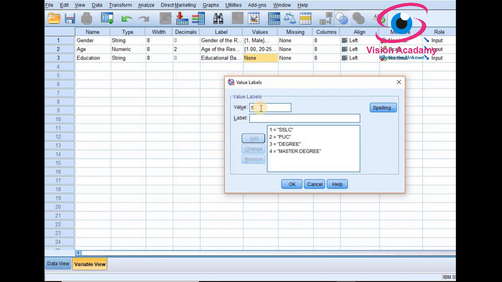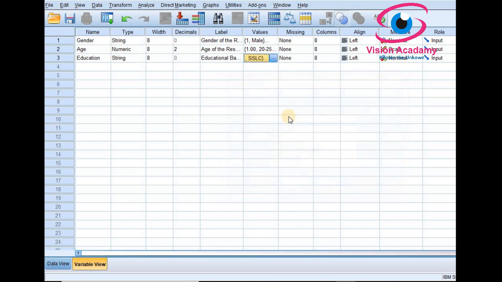Fifth one, any other qualification which is not falling under these, so I will add this. Missing is none, column is 8, and I have taken align as left already. Here in the measures, based on the variable we should select. Education is a variable which comes under ordinal. Why? Because you can classify education as SSLC, PUC, degree, master degree, PhD, like that.